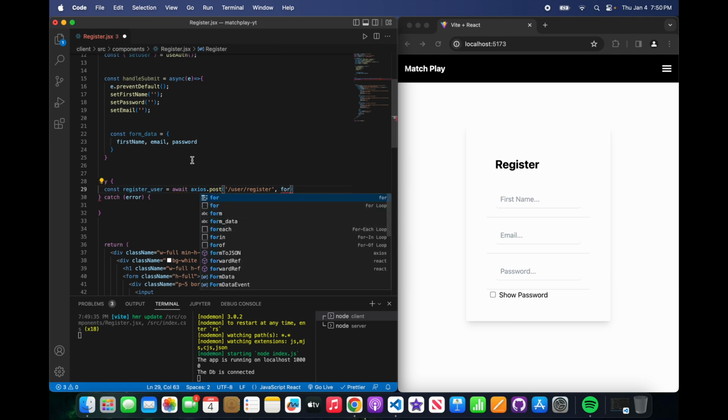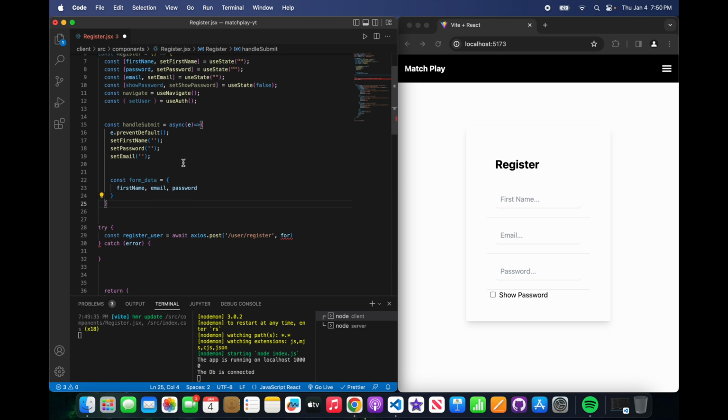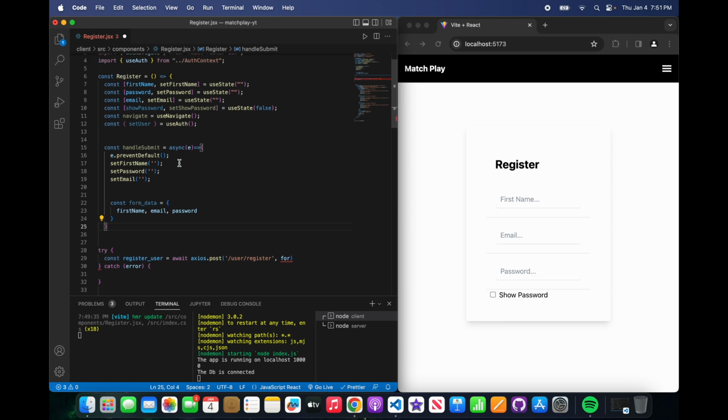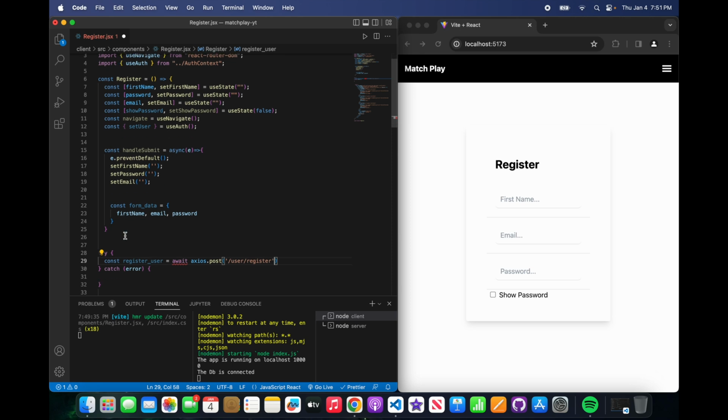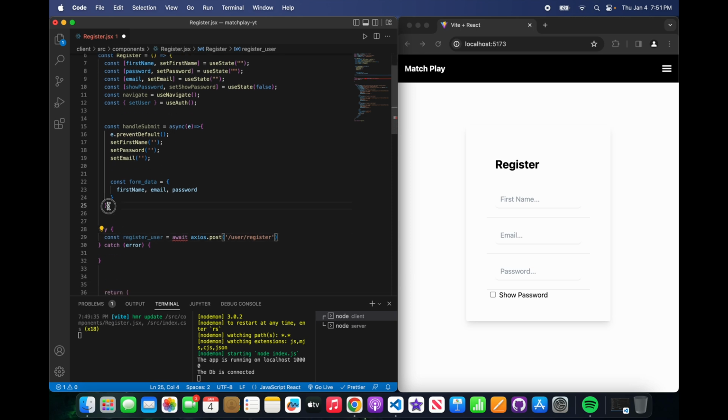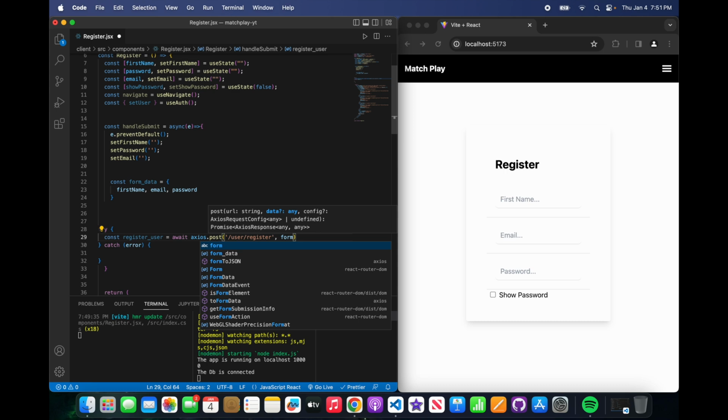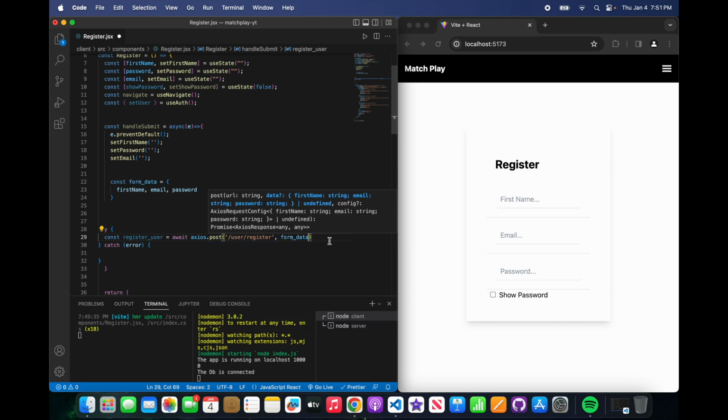Why are we not passing this form data? Okay, let's see. Something's wrong somewhere. Const form data. Oh, that's why. We have to engulf this whole thing. There we go. Oh wait. There we go. So now it's local to it. There we go. So form data,